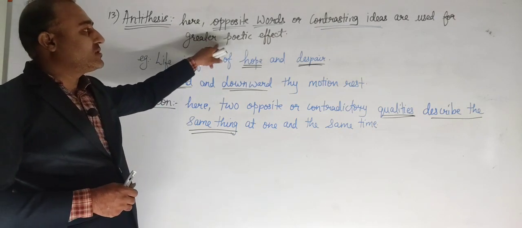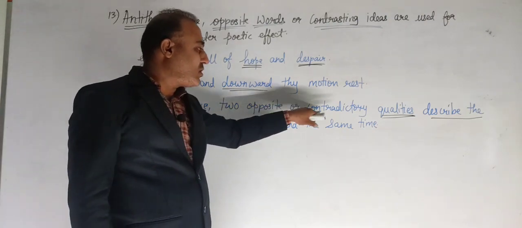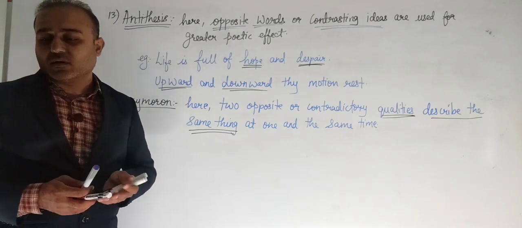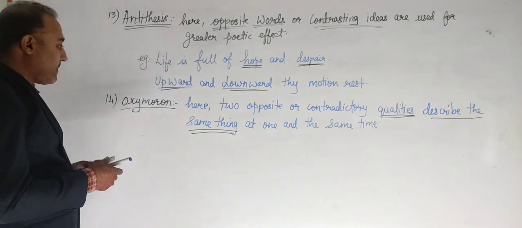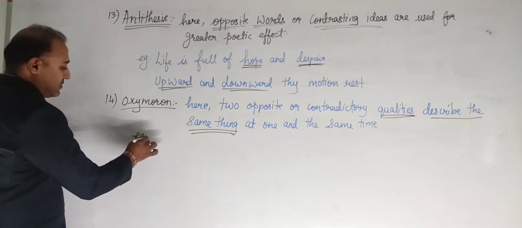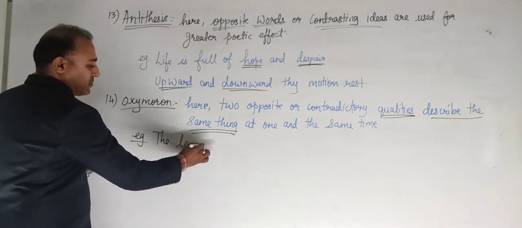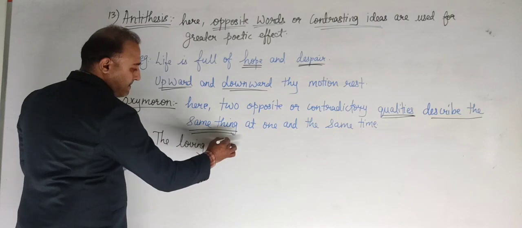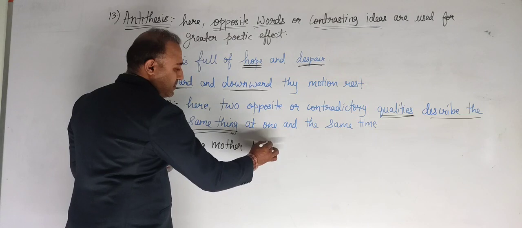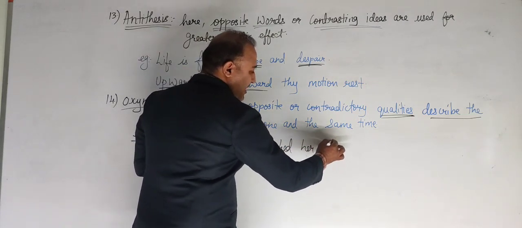Here two opposite words or contrasting ideas were used. In oxymoron, two opposite or contradictory qualities are described. I'll give you an example to make it more clear. Example is: the loving mother punished her child